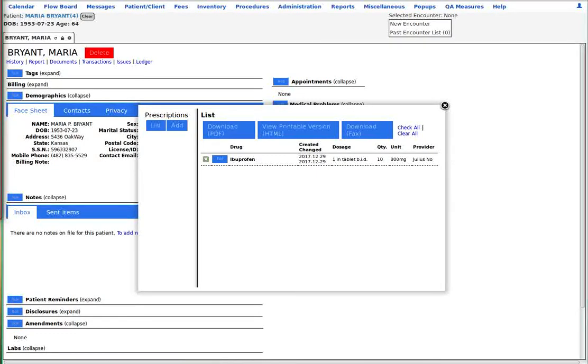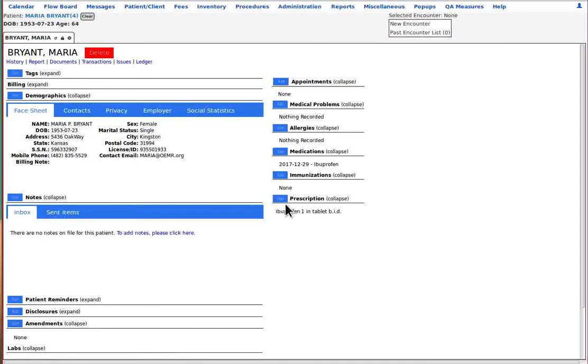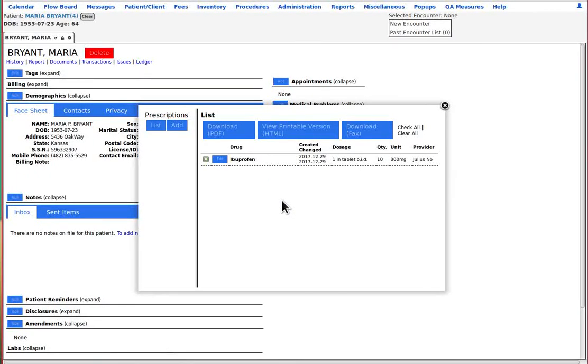Okay, in regards to canceling a bad prescription, let's go back to this prescription widget on the patient summary screen. All prescription orders and activities are logged by the system, so they cannot be simply deleted if they have some error. If for some reason you want to cancel an active prescription, you can only inactivate it. So let's click on the prescriptions edit button,